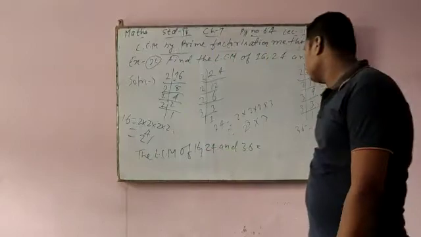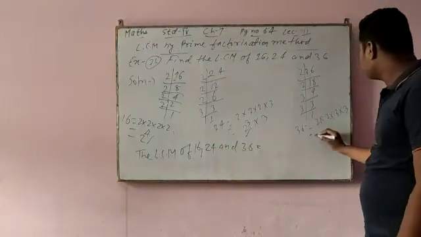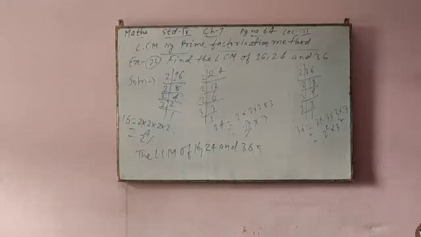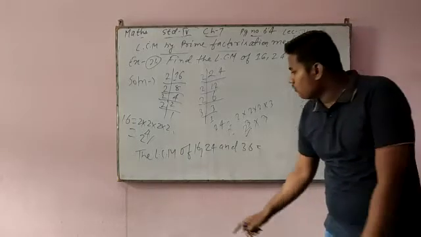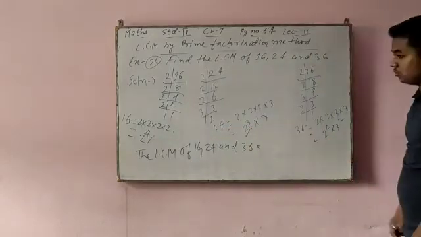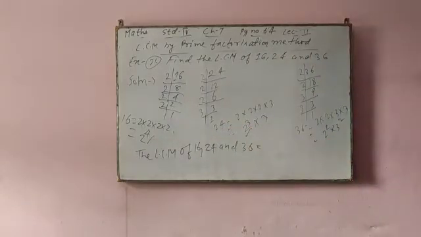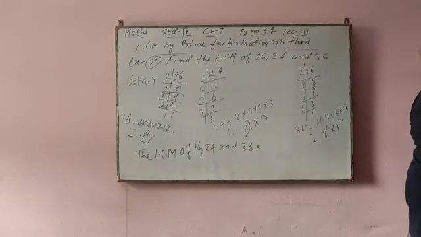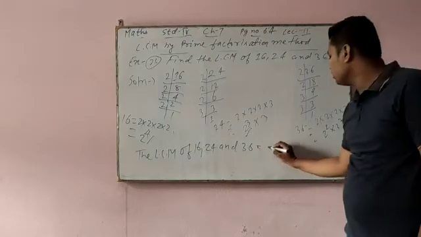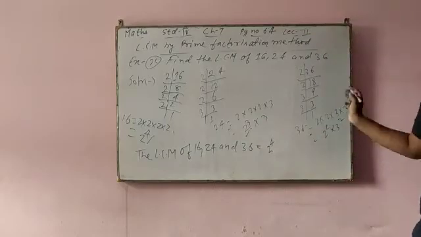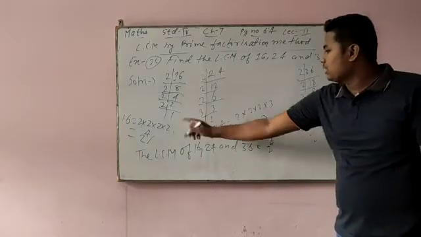Here 2 to the power 4, here 2 to the power 3 and here 2 to the power 2. So I told you, whenever you find a common number, here also 2, here also 2 and here also 2, see the power. Here the power is 4, here 3 and here 2. Whenever you find a common number, you have to take the one with the higher power. So I will take 2 to the power 4. Now these will be cancelled. Okay. After that no number is there.